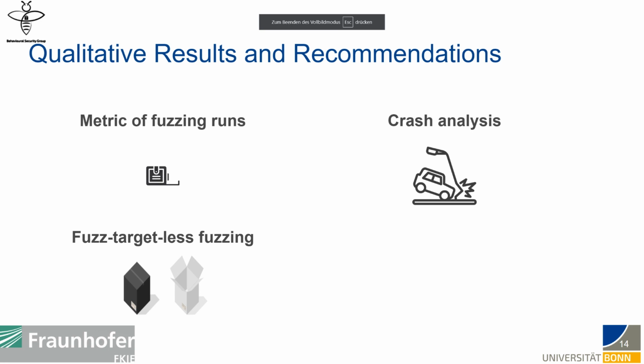Fuzz target-less fuzzing. AFL's ability to fuzz an executable without the need to write a fuzz target was of great help, but it only works for programs that receive their controlling input from standard in or files provided by command line arguments. It would be very desirable for fuzzers to be able to automatically fuzz arbitrary functions without much input or fuzzing knowledge required from the user.